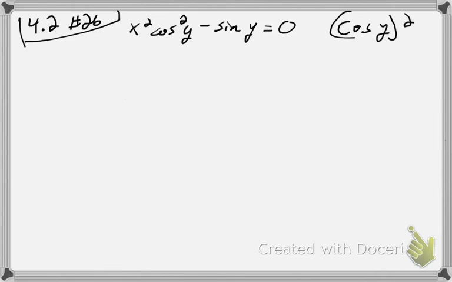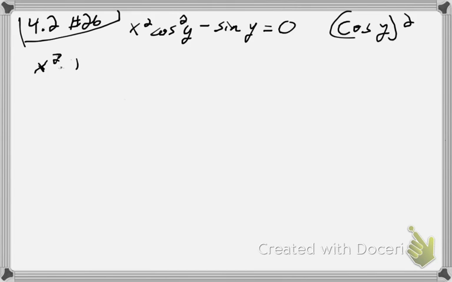Okay, so that's a product right there, x squared cosine squared y. So we'll derive that first. We'll take the product rule, so it'll be x squared times the derivative of the second. So first, the derivative of the second,